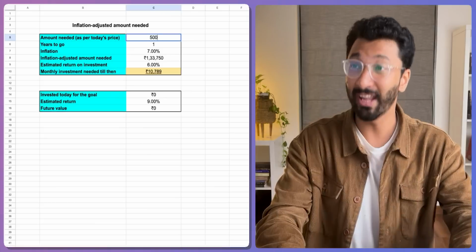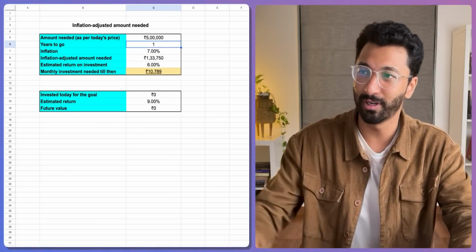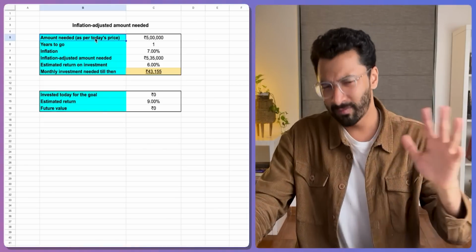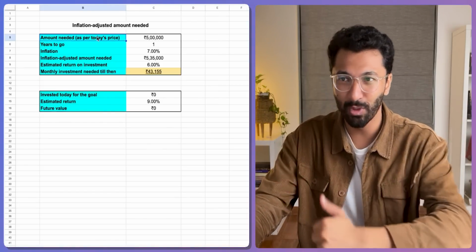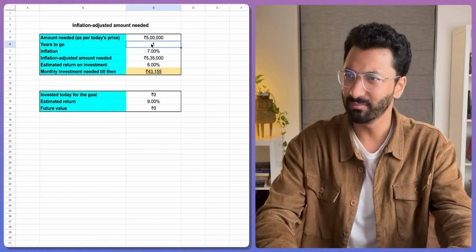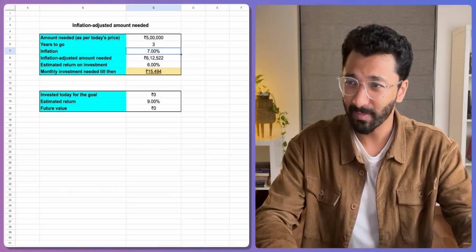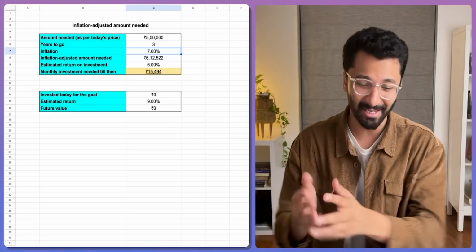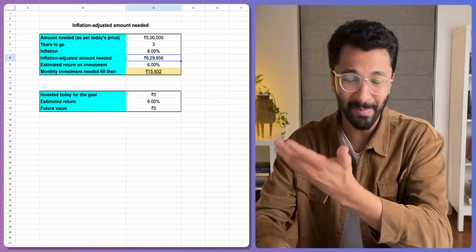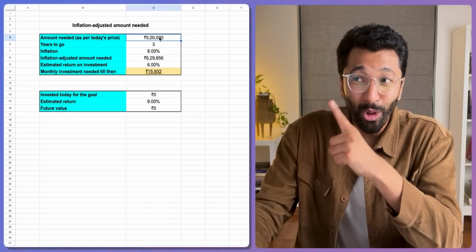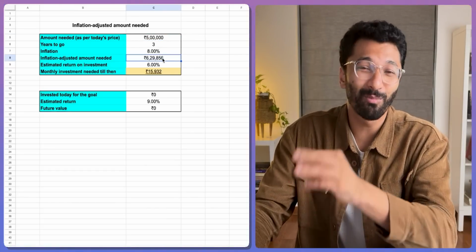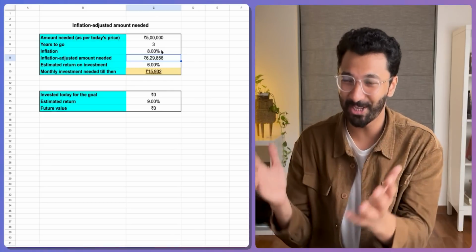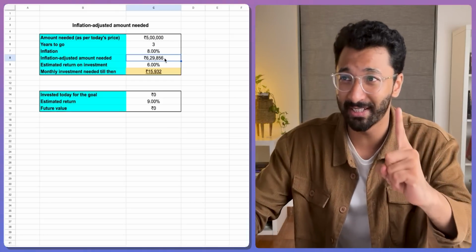So let's say you need 5 lakh rupees for the down payment of your car. Now this, remember, is as per today's money. So don't account for inflation right now, because the sheet actually does that as we go along. And let's say you need this 3 years later. The inflation rate, which assume is the rate at which car prices are going, is 7%. You can change this, let's say, to 8%. Now if you see, you no longer need 5 lakhs, you need 6.29 lakhs. That 1.3 lakh additional has just been the factor of inflation, so it's important to consider that.